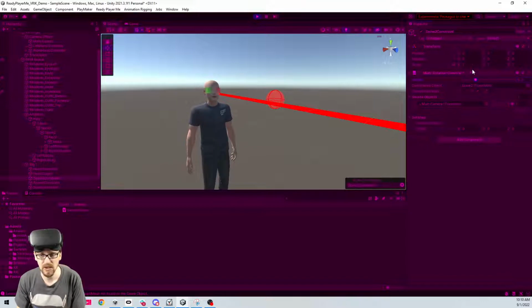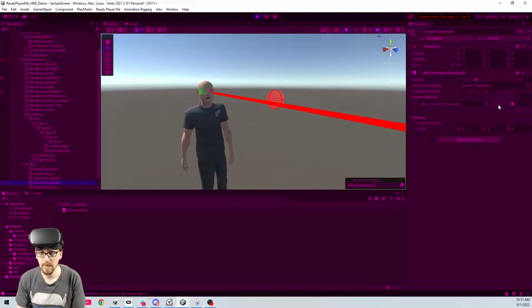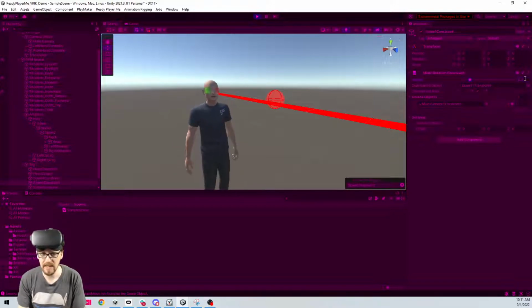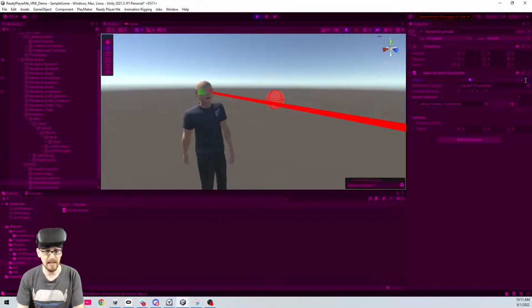The weight we can change at runtime, but like everything else, we can't. So we'll change this to 0.3, and maybe this spine, do it a little bit less, like 0.1. So really what I might want to do is take spine 1, make this 0.2. That way each one is turning just a little bit less.